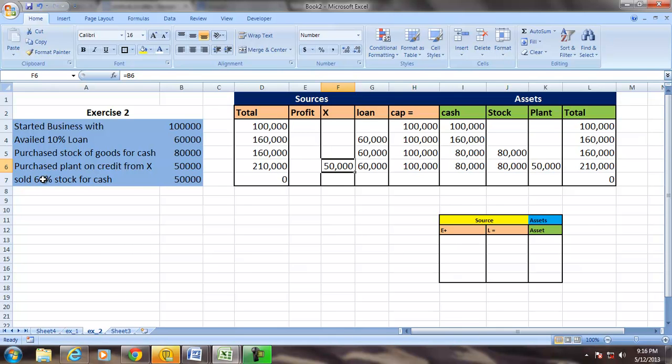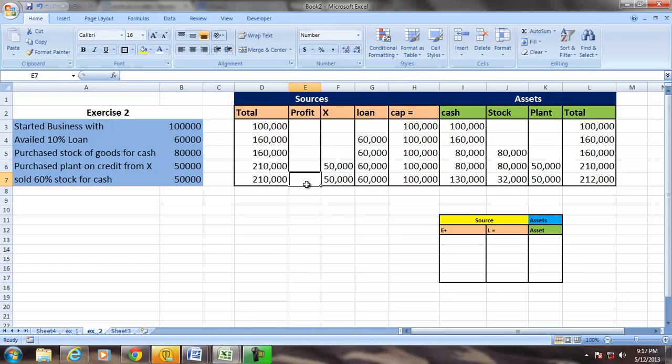Now, unlike the previous case, here we are not selling the entire stock, but only 60% of the stock sold. So the stock will reduce to the extent of 60%. The stock will be only 40%, that is 32,000 left. And it is sold for 50,000. So cash will increase to the extent of 50,000. No change in the plant, no change in the capital, no change in loan, no change in X liability, but